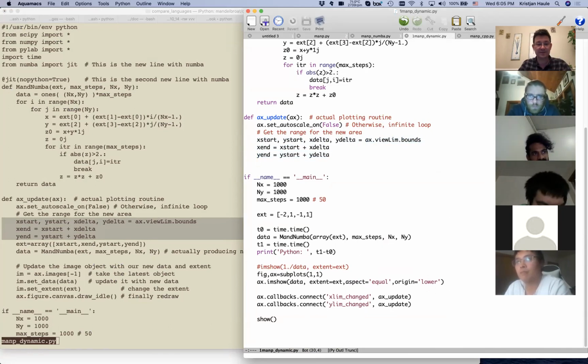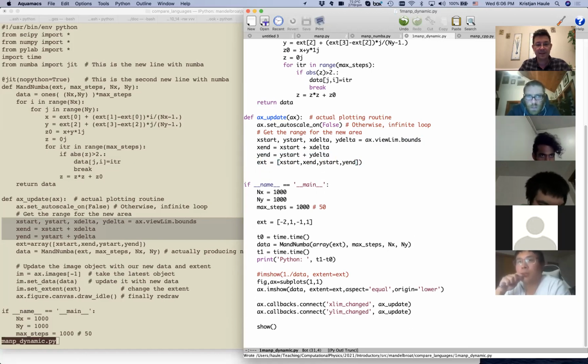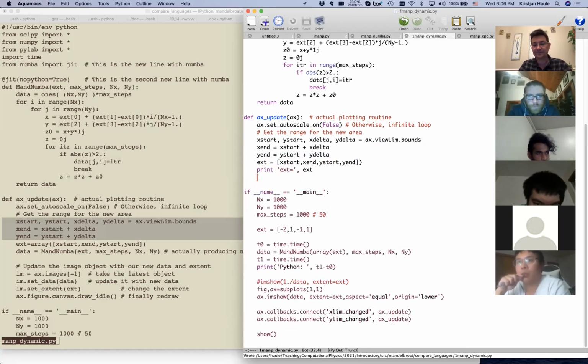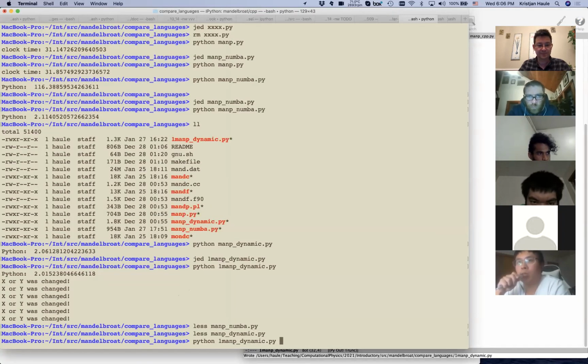So now we can print. First we can write our X. X was always X start, minimum X, isn't it? This X start, then X end, then we need Y start and Y end. And then we can, for example, print X is equal to X. Okay, if we do that,